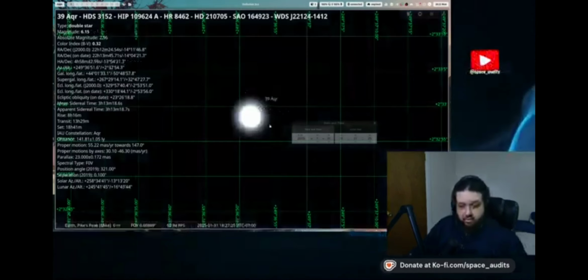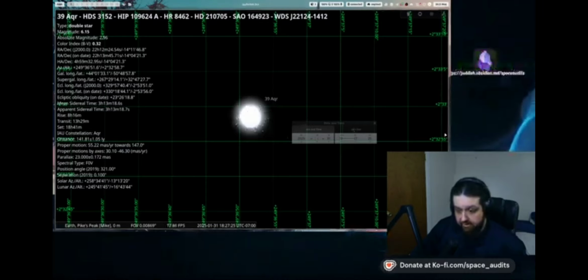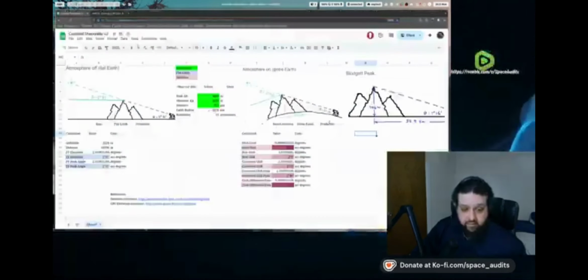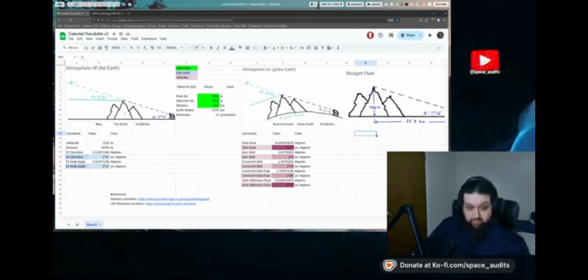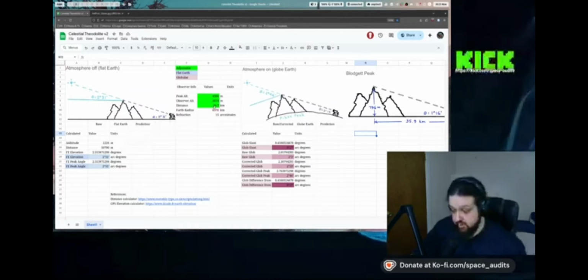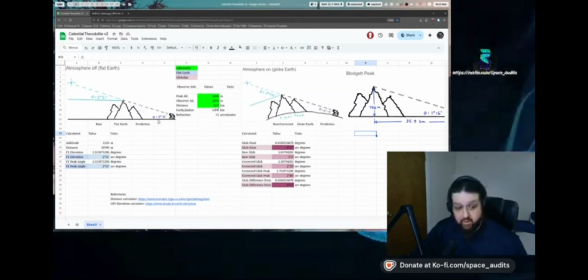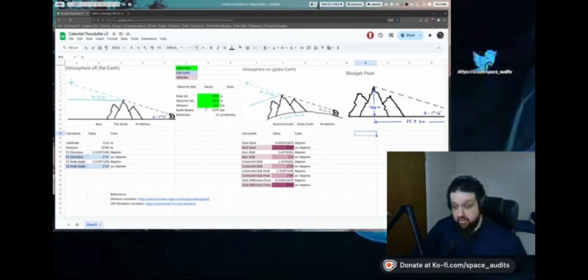Now we have this time here for this. The star is going to be here at this time at this angle. Okay. Now remember, we calculated this angle based off of what the elevation angle of this mountain peak would be based on us being 50.7 kilometers away. So if we're 50.7 kilometers away and we're looking up at 2 degrees and 31 arc minutes and we're filming